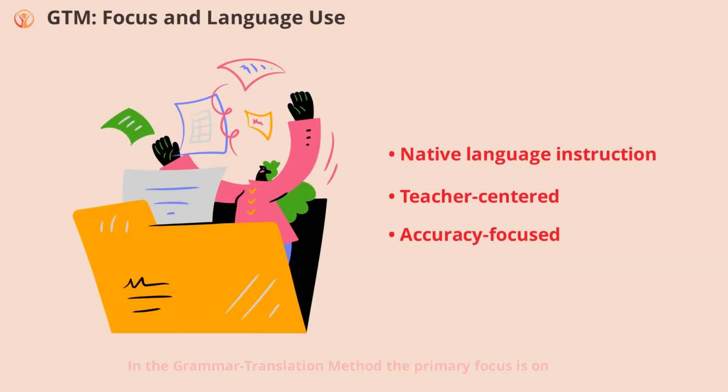In the Grammar Translation Method, the primary focus is on mastering grammatical rules and expanding vocabulary. Lessons are typically conducted in the student's native language, making it easier to explain complex grammar points. The teacher directs the learning process, and accuracy is highly valued. Students are expected to apply rules correctly and translate texts with precision. This teacher-centered approach ensures that learners build a solid foundation in reading and writing, but it often leaves little room